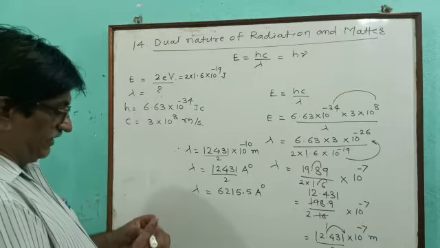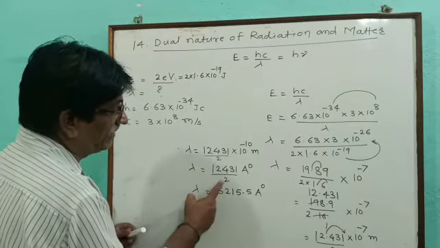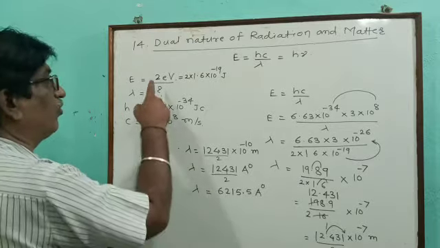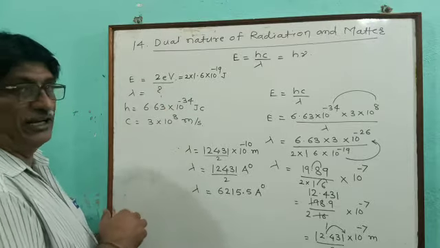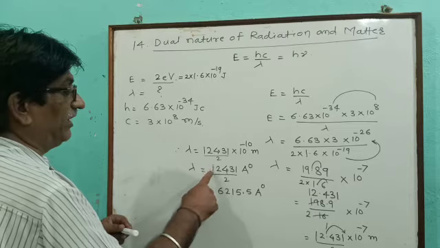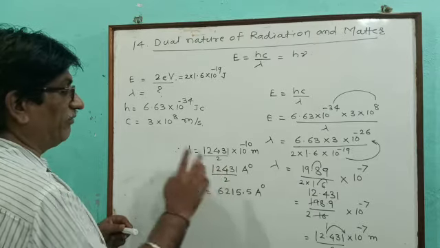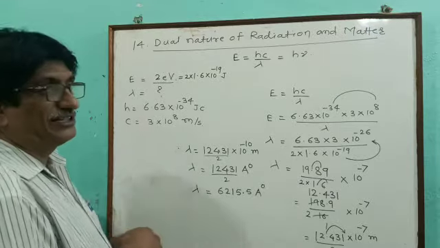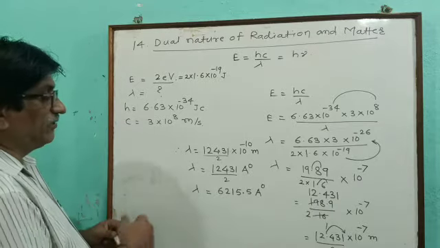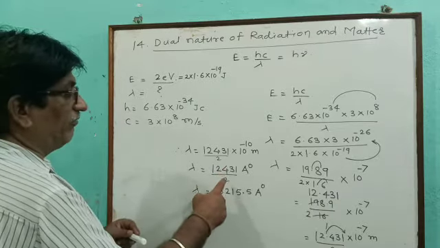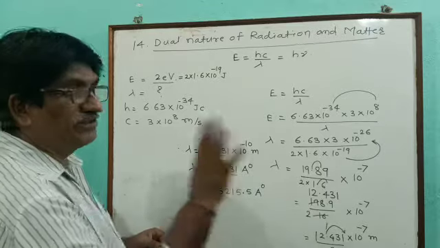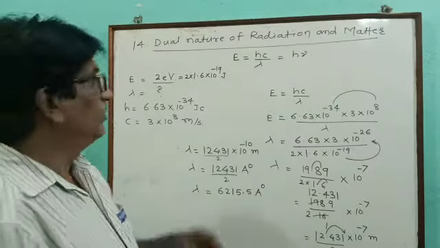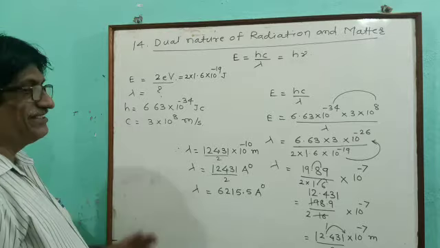is 5 electron volt. If 3 electron volt is there, then we can divide by 3. So here the answer will be 4,000 something. If 4 electron volt energy is there, then we can divide 12,431 by 4. So the answer will be 3,000 something. When 5 electron volt energy is given, then your answer will be 12,431 upon 5. So the answer will be 2,000 something. So here we can solve the 5 problems where energy is given and wavelength is determined.